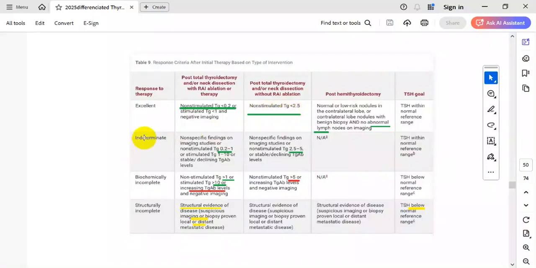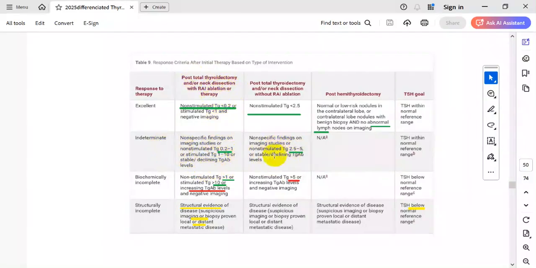But here, in intermediate and biochemical incomplete response: intermediate response is when there are non-specific findings on imaging studies, or non-stimulated thyroglobulin between 0.2 and up to 1, or stimulated thyroglobulin 1 to 10, or stable or declining thyroglobulin antibody levels. This is intermediate response for patients with total thyroidectomy with RAI ablation, but